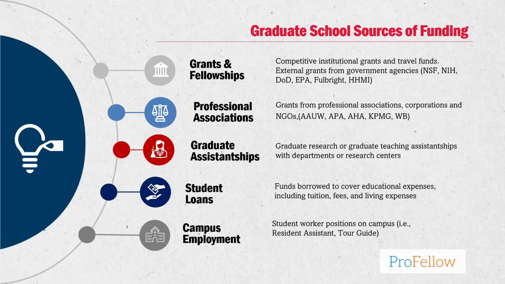So these are some of the areas that folks can often seek funding. So you may get a graduate assistantship or fellowship at the institutional level for the program that you're going into. You may receive a faculty grant, research grant that you'd be working on with an advisor that you might potentially work with. But think about external grants and fellowships.